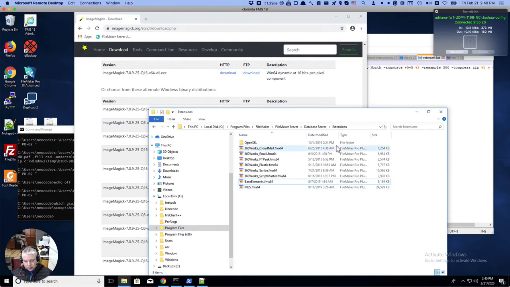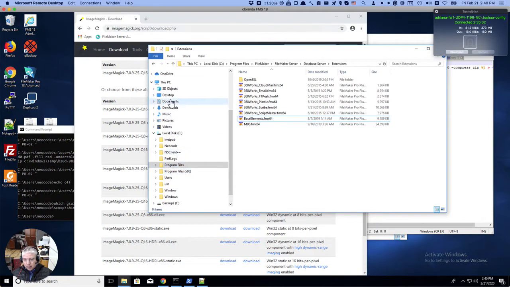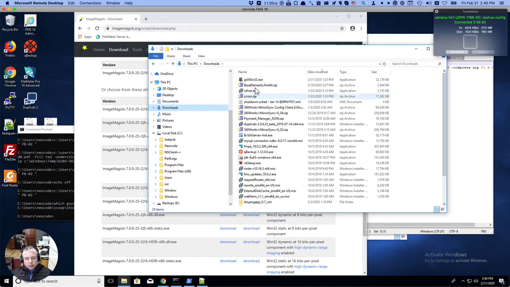So the dependencies are BaseElements and then Ghostscript. We have to install Ghostscript separately for it to run in a BaseElements server-side session,